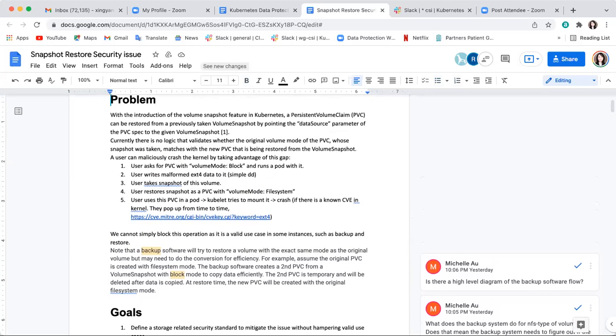I think that I remember. Okay, maybe Yang, since you discovered this problem. I think even if it's read-only, it wouldn't cause a security threat, and that would be enough for doing a backup. But when you do a restore, you have to be able to write in block mode, and that's when the security threat emerges, at restore time. The issue is in the kernel when it parses the metadata from the disk.